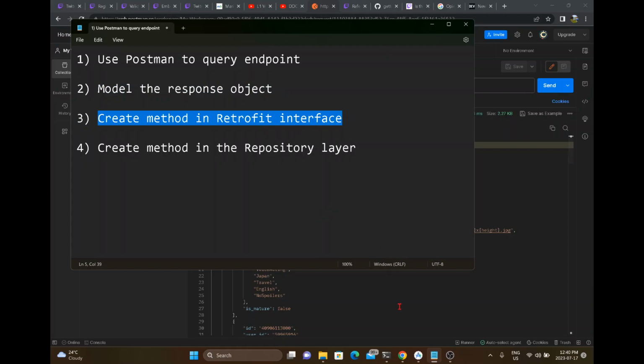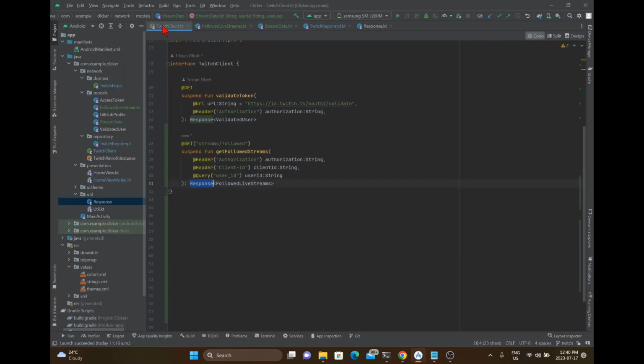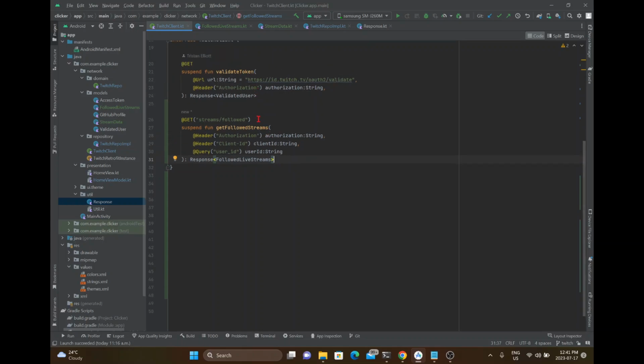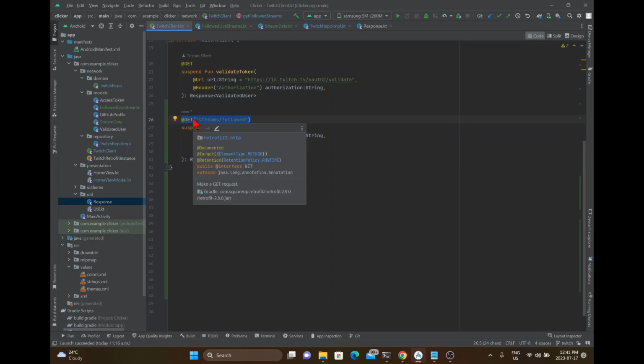the Retrofit interface. Now, what Retrofit really allows us to do is take an interface and essentially model what we want the HTTP response to be, right? So as you can see here, if you're familiar with Retrofit, we're defining the base URL elsewhere. Then we can see here we've actually defined a get request, and it's actually going to